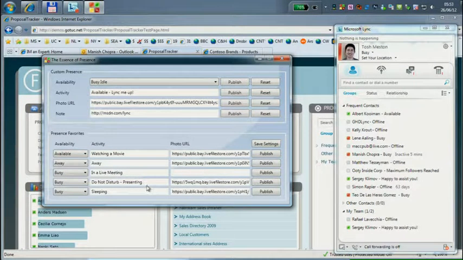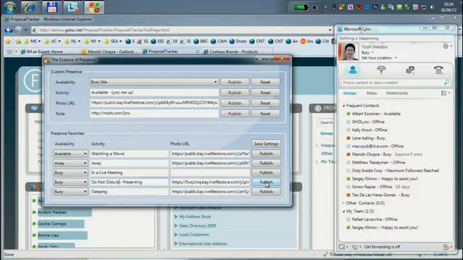So here is the most important state. I'm actually at this very moment in a demo, so I would like to set myself to Do Not Disturb. But when you use Do Not Disturb inside Microsoft, no one can reach you anymore. So what I'm going to do is create my own presence state. I'm not going to set myself to Do Not Disturb, but just to Busy. This is the string that I'm going to present here, where it now says Busy. I would like to have that string changed to Do Not Disturb presenting. And I'm also going to change my picture.